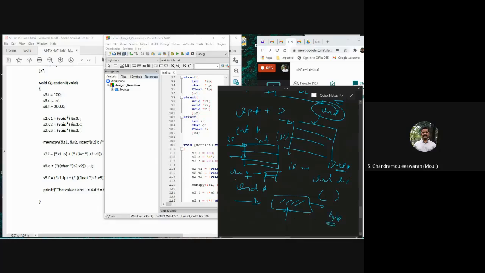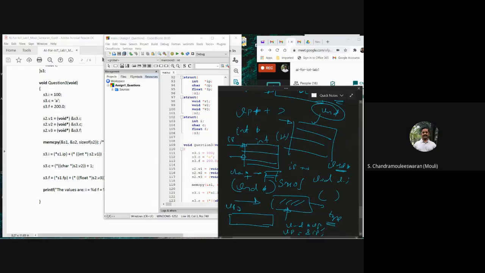Now, what about the size of void star? Because a void star is a pointer, you need space in memory to store it. Suppose I declare a void star VP, and then VP is equal to ampersand I, then you need a placeholder in memory for storing the address, where VP is located.